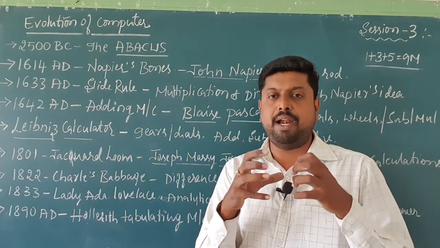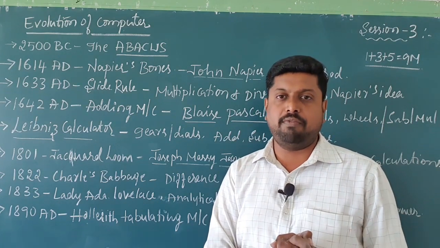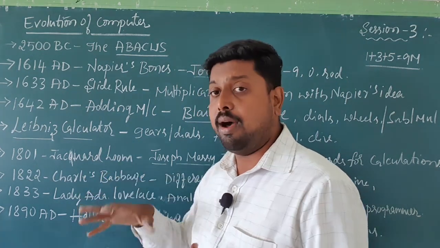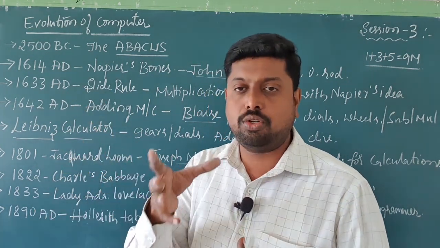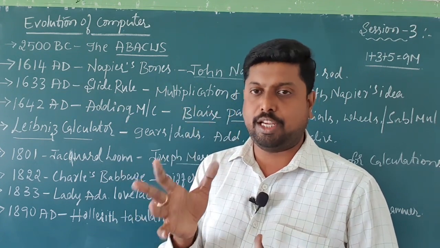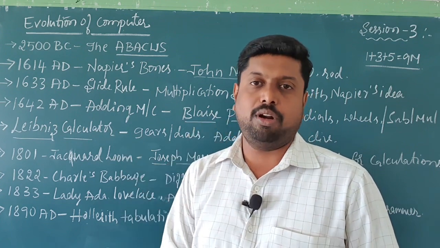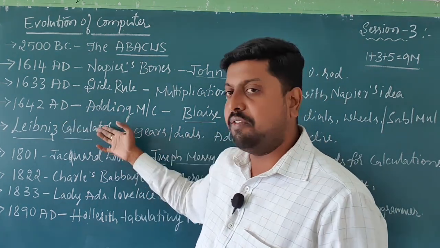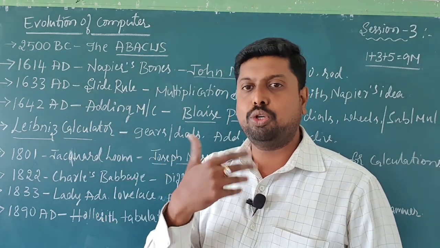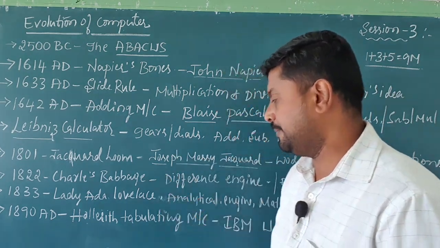The wooden cords are manufactured from wood, and with these cords some calculations will be performed. That type of device is what we call the Jacquard loom. All these devices you can see in your textbook. All the devices are given in your NCERT prescribed textbook. Otherwise, if you have internet on your computer, just type the device name and you will get the image. Based on that image, you will come to know how the device works and get more idea about that particular device.